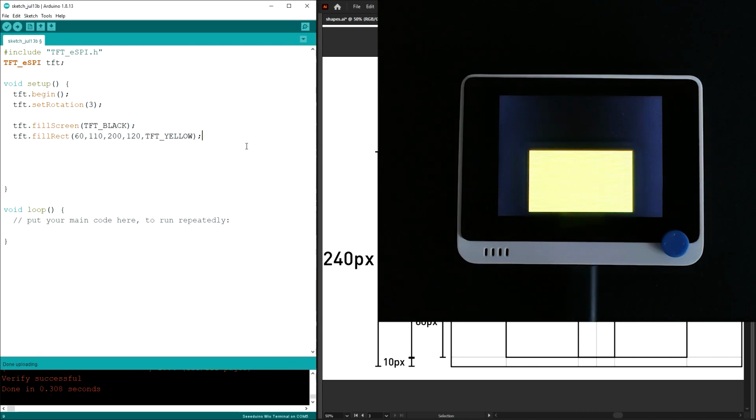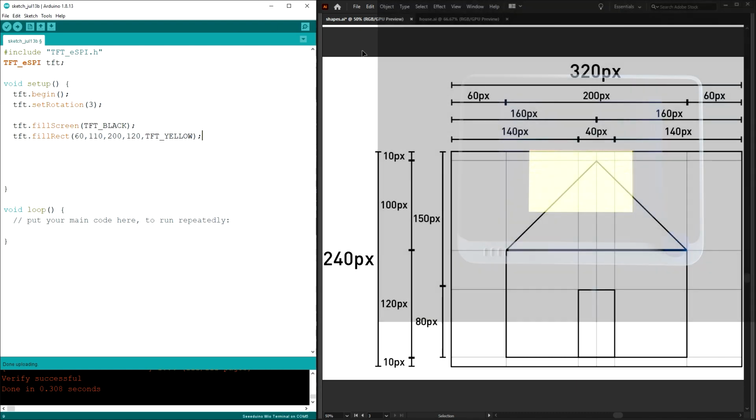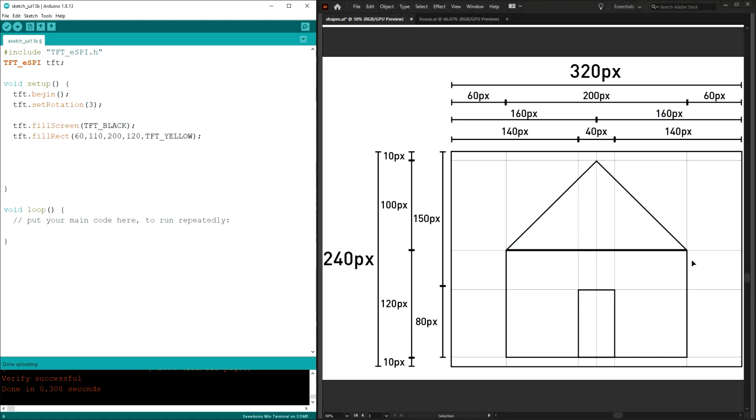Now you can see a yellow color rectangle on the Wio terminal. Now we will proceed with drawing this triangle. To draw the triangle, we need to write tft dot fill triangle, because we want to fill it with a color. Fill triangle, and then we define the points as 1, 2, 3, as I have explained before. This point is 160, 10, and then this point is 60,